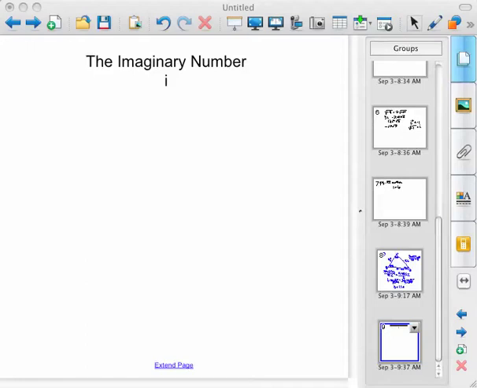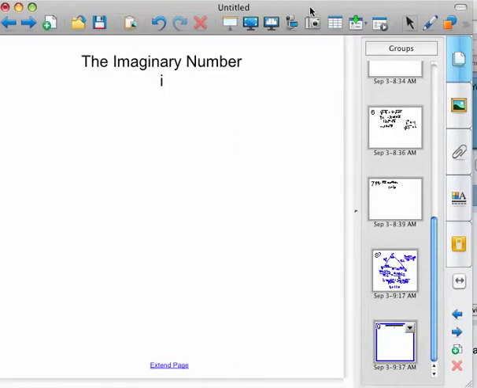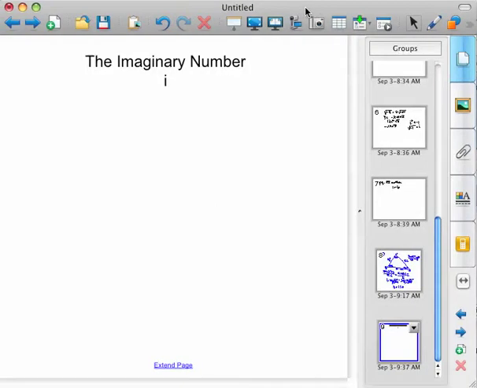Alright, this is just a quick video just to get you ready for imaginary numbers. Kind of show you what it is and how we deal with it. I mean, what is an imaginary number? To some of you, imaginary numbers are all numbers. You struggle with them anyway. Now we're going to make them imaginary? Holy cow. Well, an imaginary number,